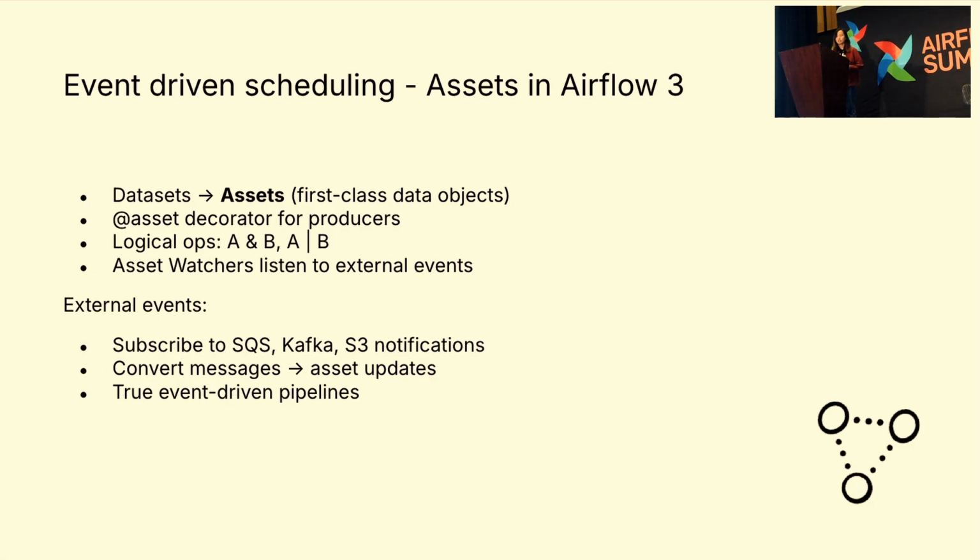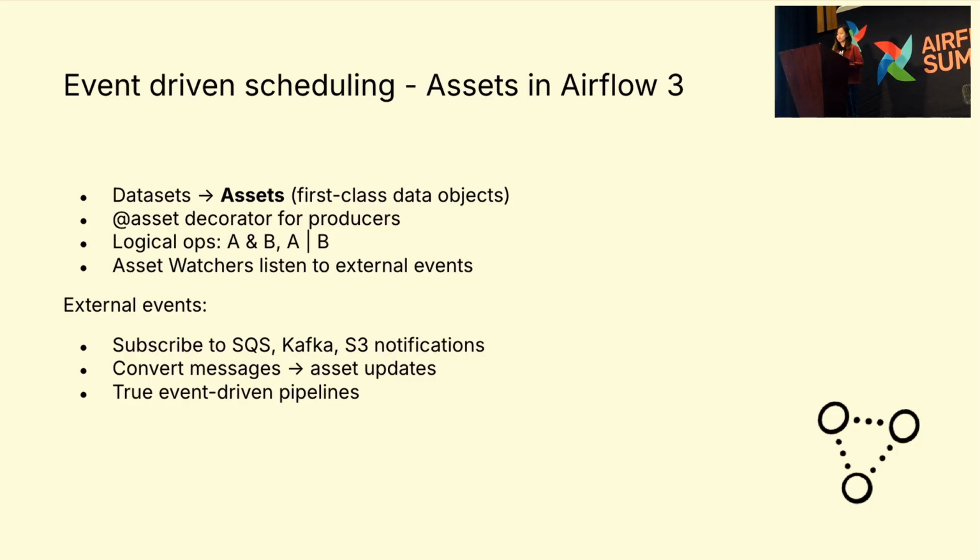Well, the story gets better in Airflow 3. Airflow 3 released the concept of assets. And as I see it, it's a huge improvement from the dataset introduced in 2.4. It could do a lot of the stuff that dataset was able to do. For example, it also supports listening to internal events, and it also supports logical operations. For example, you can listen to data produced by A and B, or A or B. So you can come up with complex conditions through using different operators.